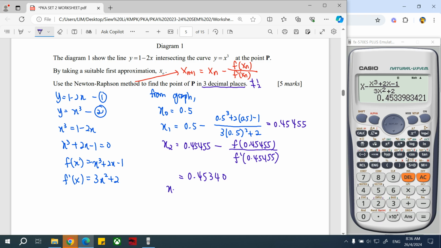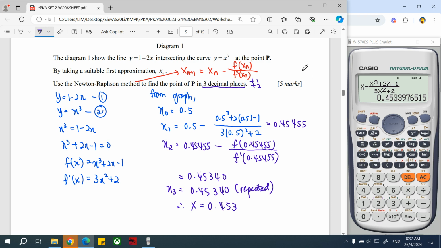And then we continue until we get a repeated x. So 0.453 97, rounded off 0.453 4. So this one already repeats. Therefore, we can come to the conclusion that the solution for this equation, x, in 3 decimal places,